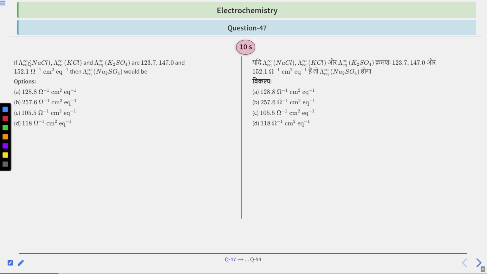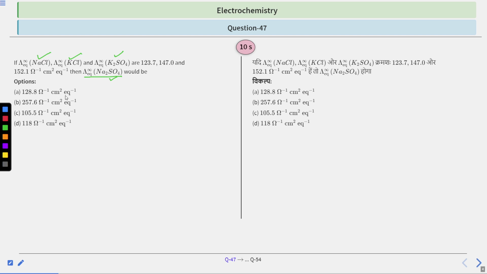If lambda infinity equivalent of NaCl, KCl, and K2SO4 are 123.7, 147.0, and 152.1 ohm inverse centimeter square equivalent inverse, then lambda infinity equivalent of Na2SO4 would be? So we are given the lambda infinity equivalent values for three compounds, and we are asked for the value for Na2SO4. Options are